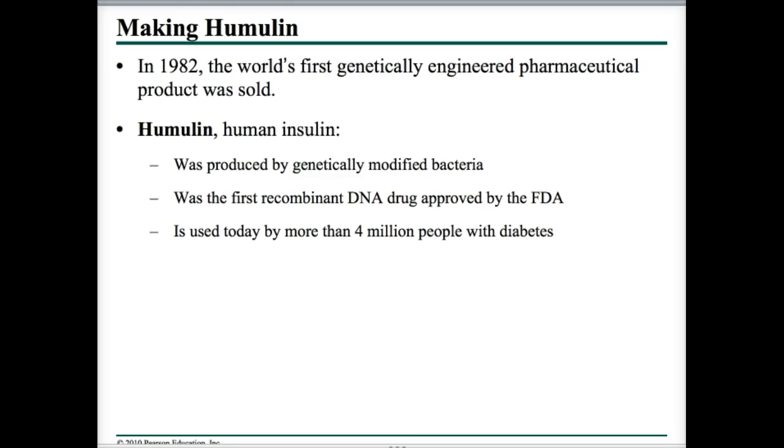The problem is twofold. One, it's extremely expensive, and two, it's not human insulin. It's not the same thing. So it was a treatment, but it really wasn't a very good or very successful treatment at the time. So here's what genetic engineers did. They were able to isolate the gene that humans have that codes for the material to make human